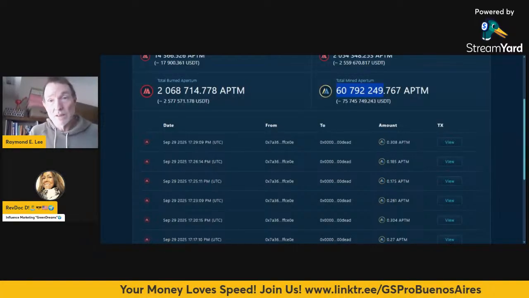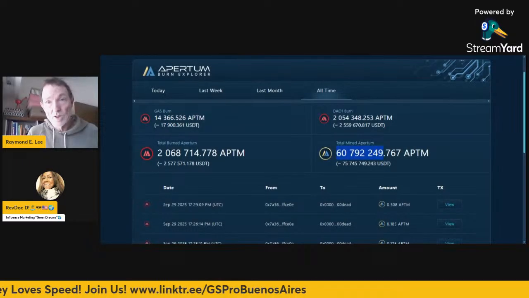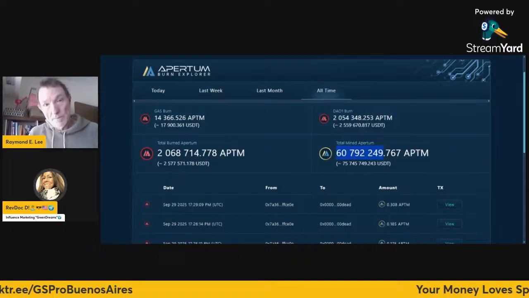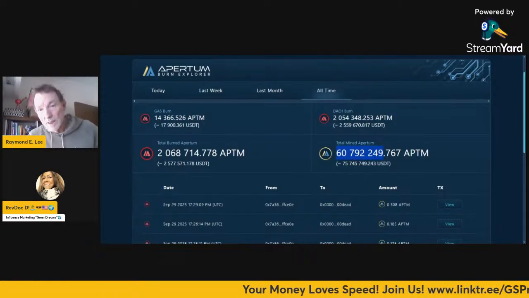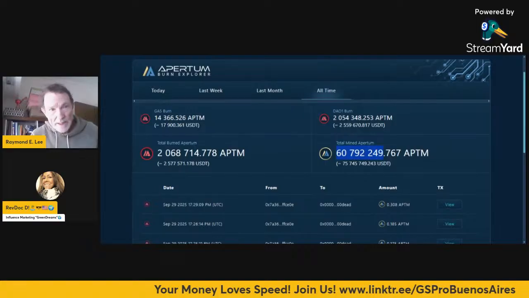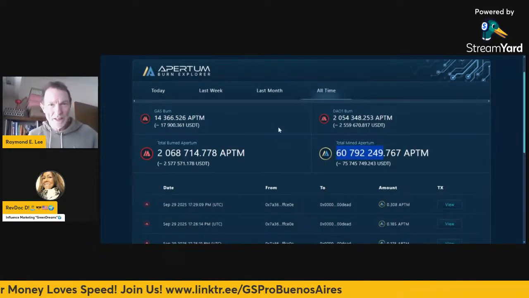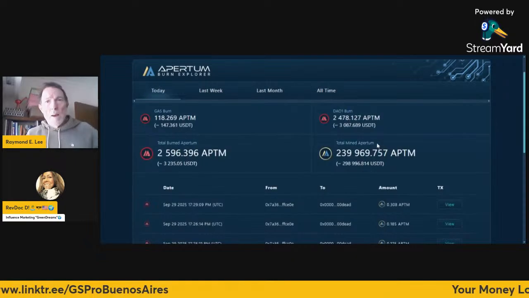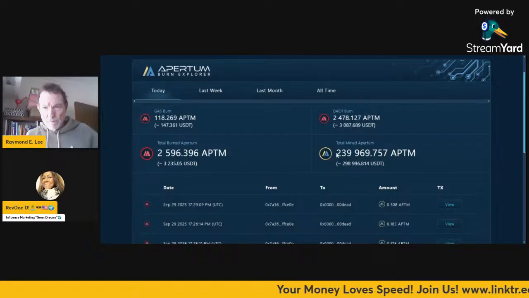There you go. So it improves the value. It increases the value, exactly. So there's only going to be X number of Apertum available to be mined. I don't know what the number is off the top of my head. I don't know what it is either. But it's important. But they have mined today